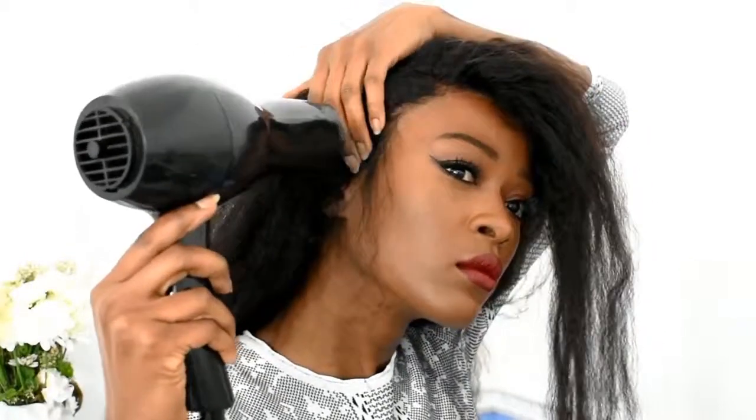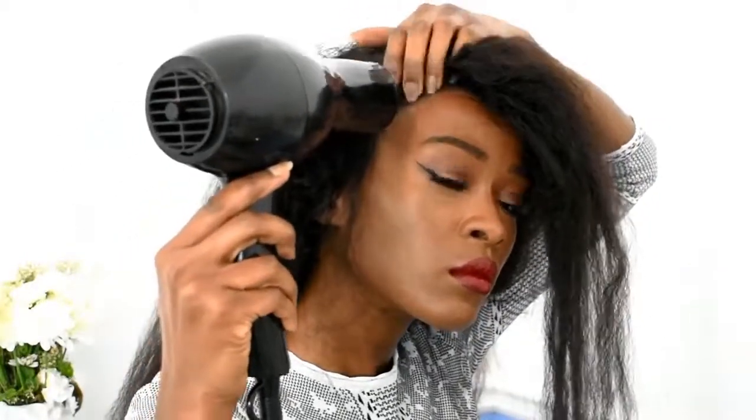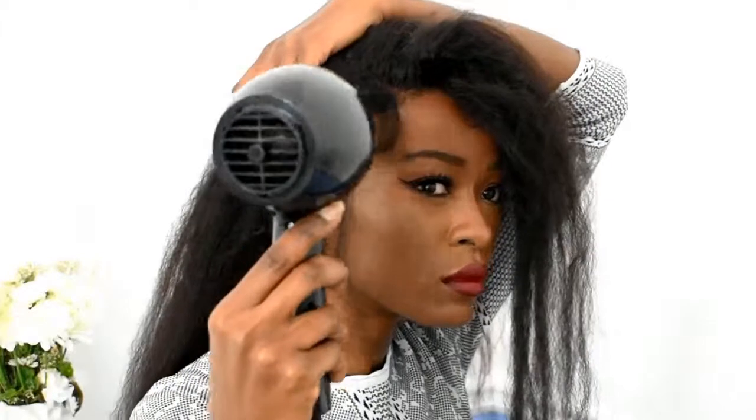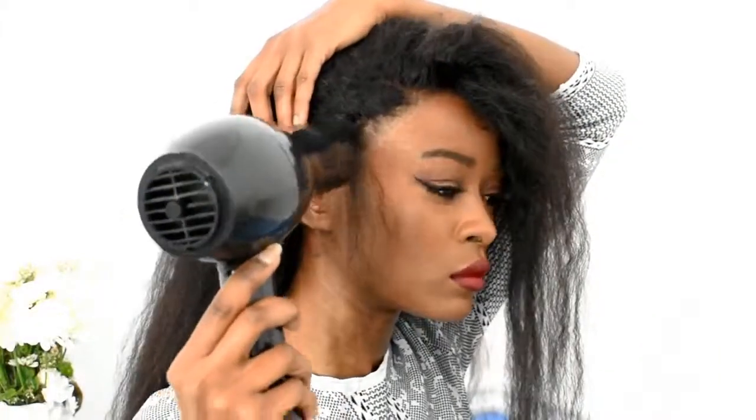And I'm going in with my blow dryer to make sure it's nice and dry. It takes about 1.5 minutes for me to do this, and I'm doing it on low heat. Do not do this on high heat, you will burn yourself. But I'm doing it on low heat, and I'm gonna go in right under the sideburn,